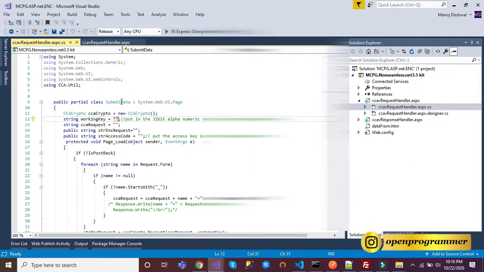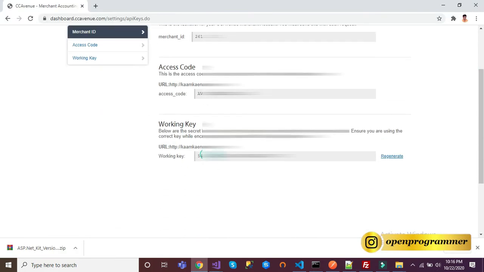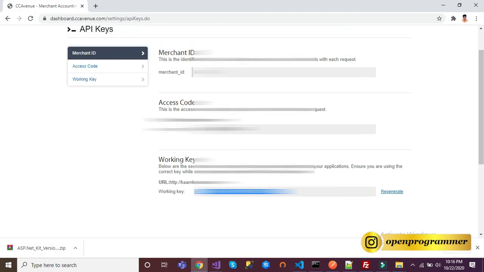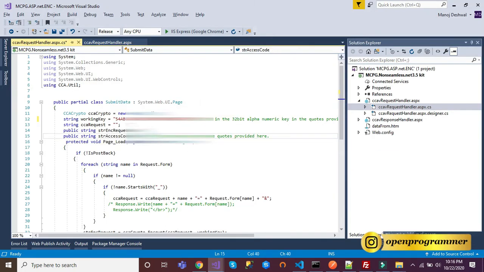So let me first copy the working key. Working key, here it is. Let me copy this and let me paste it here. Fine. Now again I need to go to that access code. Let me copy it and access code, paste. Fine.